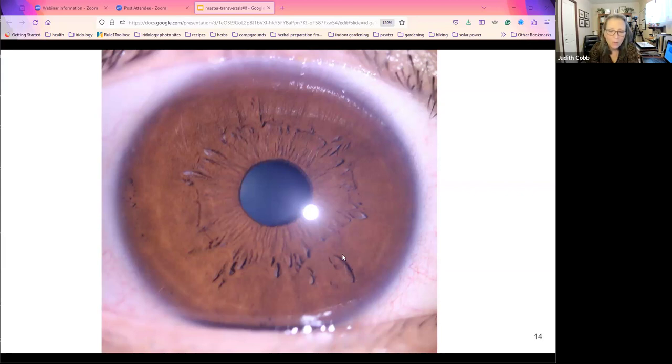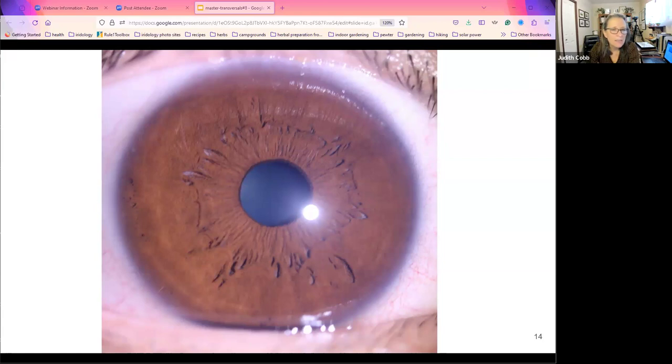And so when we see things like this, it does give us a little more information about the structure, what the fiber structure of this person is. And so there's a ton of information in an eye like this. When we see these wrinkles, when we see these kinds of lines radiating outwards that are not actual fibers, they're gaps between fibers, when we see what we've got going on in here, and the placement of this ring. There's so much information right here.